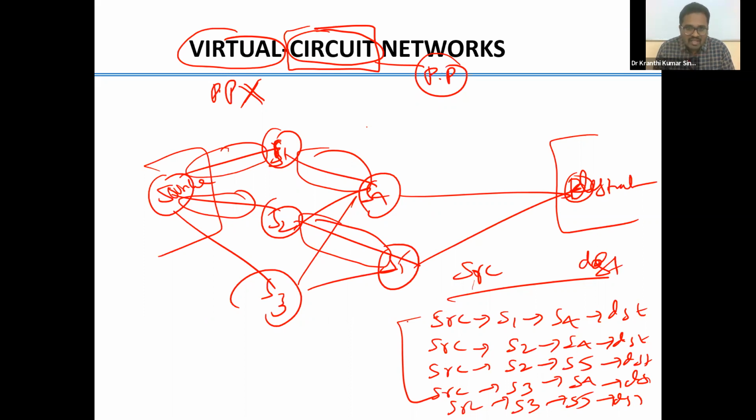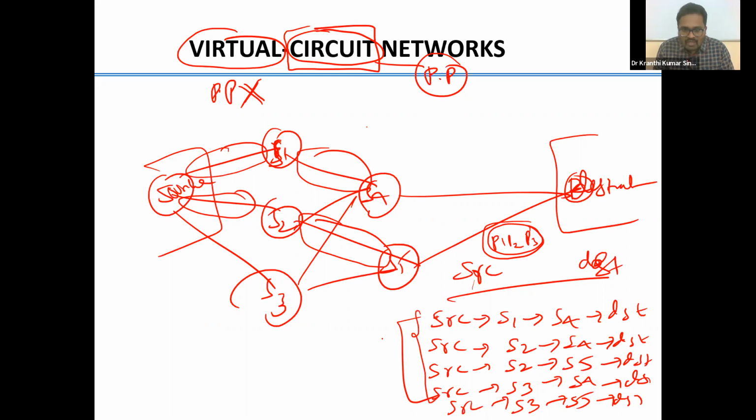But in case of datagram networks, even with multiple packets, for example, source contains packet 1, packet 2, packet 3, we do not have any guarantee that all are following the same path. They may or may not be following it in datagram networks. But in case of virtual circuit networks, when these 3 packets are available,